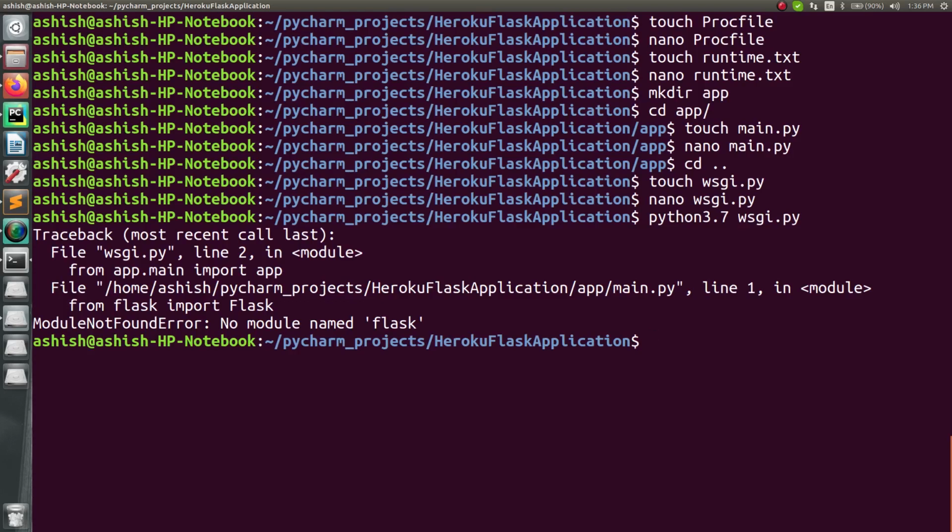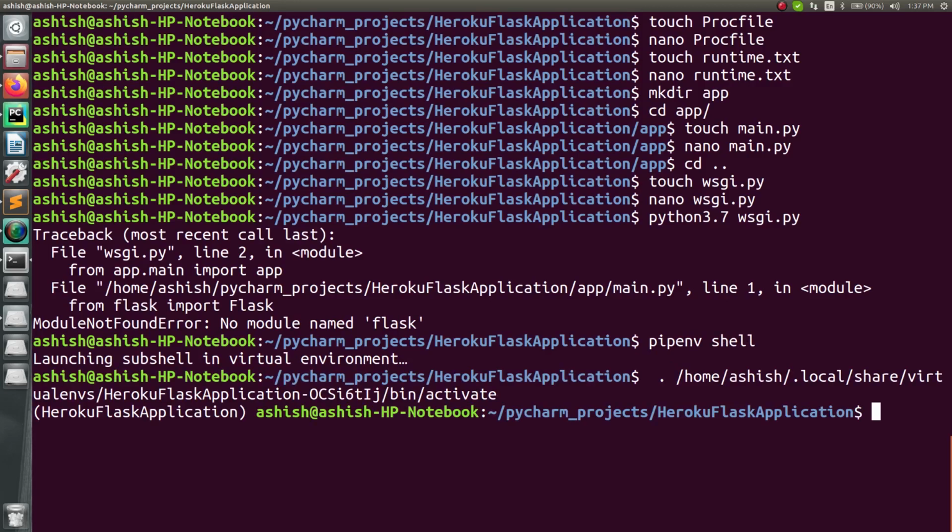Okay, so the thing is, right now as you can see in here, I have installed all the packages like Flask and Gunicorn, but that is not installed onto your root environment. That is installed inside the pipenv environment, right? So let me just activate that. For that, one command is needed, that is pipenv shell. So just press enter. When you run it, you will see it will activate an environment for you, and it will automatically name it something, like heroku-flask-application. It has given this as an environment name, right? And that is how it is activating that.